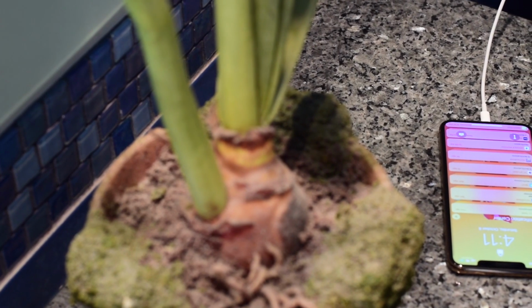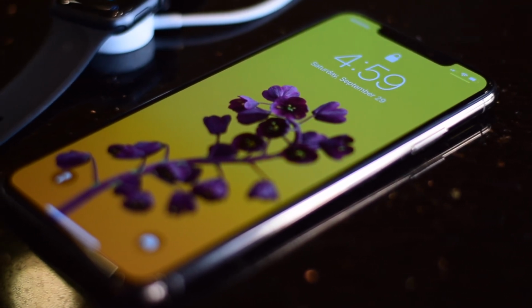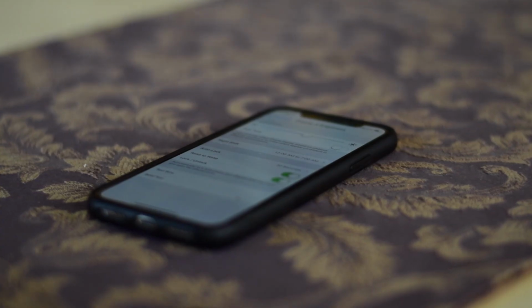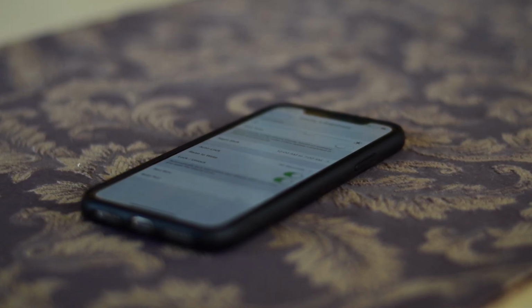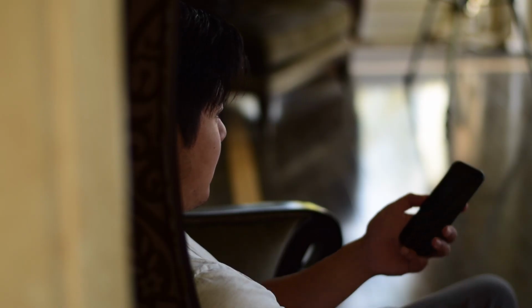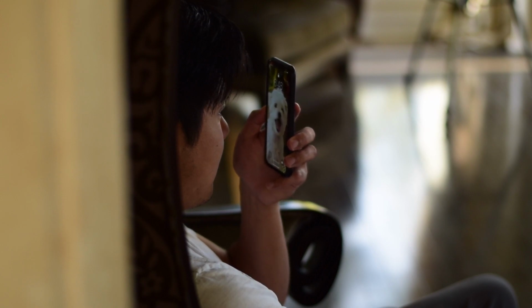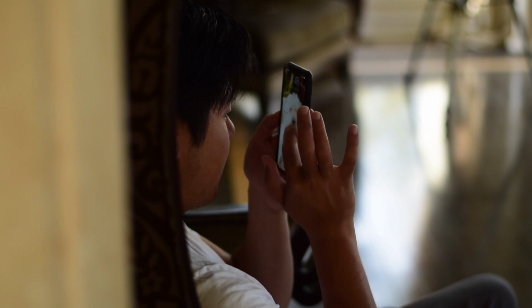Keeping your auto lock to say 1 minute ensures that the display shuts off if you forget to do it yourself. Sometimes you might leave your phone on a table and forget to press that power button to shut off the display. Auto lock helps you in those moments of forgetfulness. Lastly, raise to wake can be convenient, but it can take its toll over time on the amount of times your display turns on. This all adds up, and you might be surprised at how much longer your battery lasts